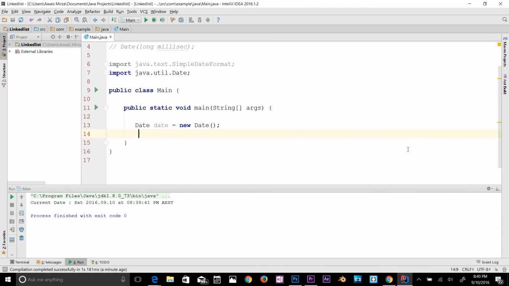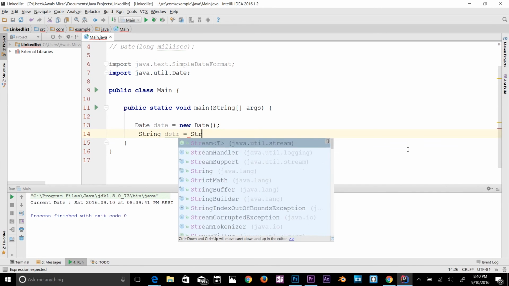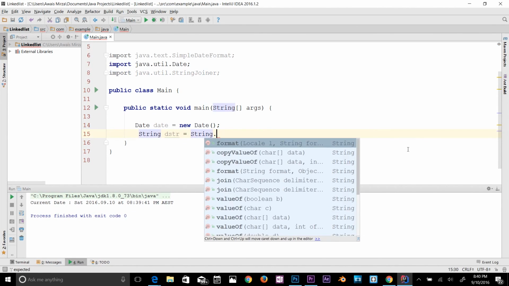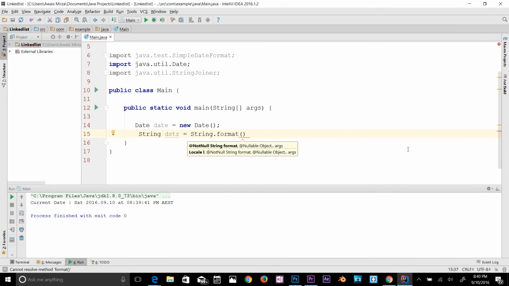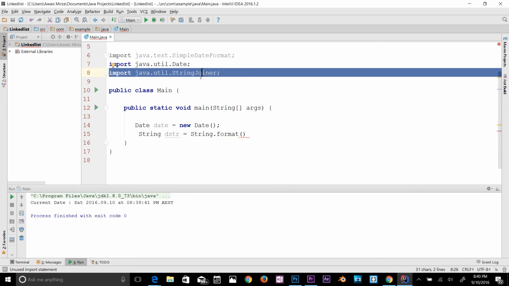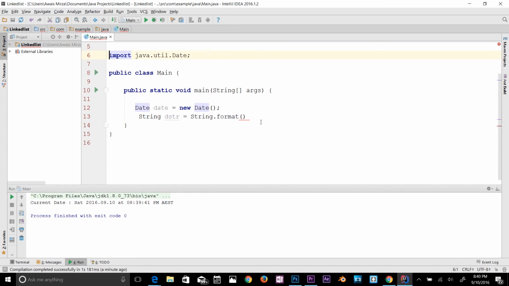Now let's create a string. I'm going to type String, and I'll name it dstr, equal to String dot format. We have added that string joiner, but I don't need it anymore because we're not using that. So date formatter, String dot format. Now I can type, let's say, current date slash time. Let's get out of the double quotation, and I have to format because I'm going to use the printf. So here I will type